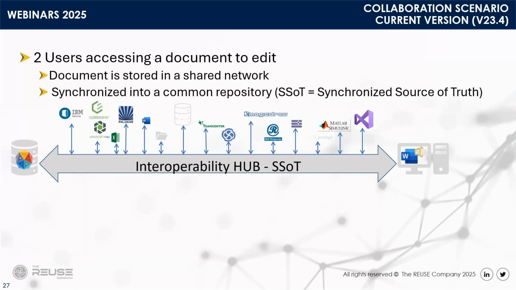basically the document can be stored in a shared network, and this document, as it's going to be parsed by the tool, will be stored in a common repository, which is our synchronized source of truth. It's a database which is located on premise in your servers, that is set up when the tool is deployed, and any connected tool will have its assets stored in this synchronized source of truth. This enables